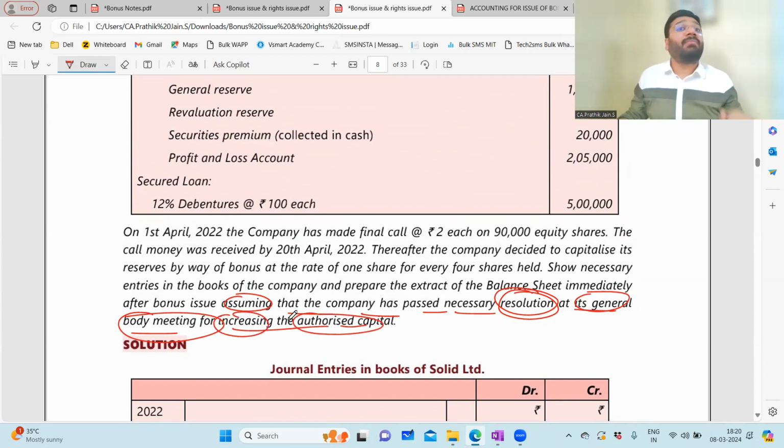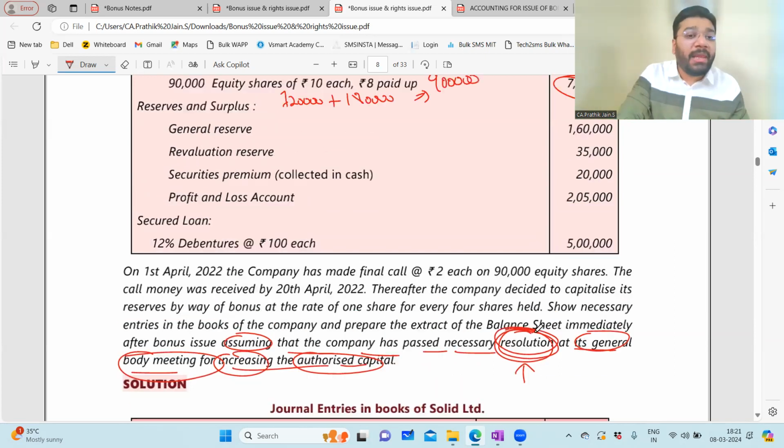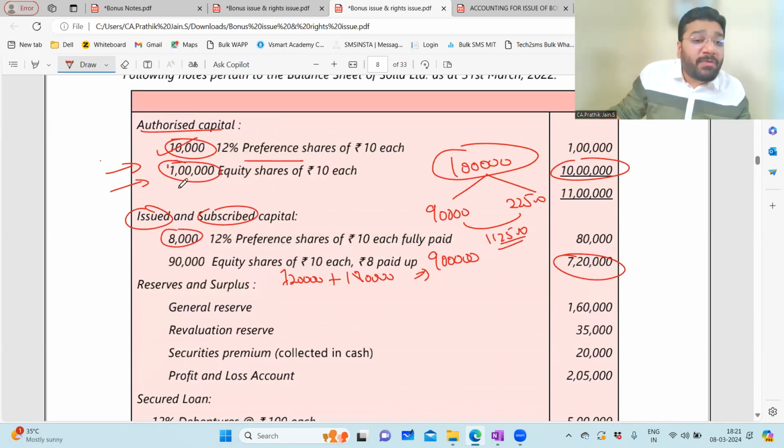Now, once that approval has come, what are they supposed to do? In the MOA, they have to amend the capital clause, and along with that amendment, they have to attach a copy of the resolution. What does a copy of the resolution mean? It is documentation, a proof that in the general meeting we all agreed to increase the shares. So when approval is given in the form of a resolution, this resolution copy and the amended MOA, you have to submit to whom? ROC. ROC will go through everything and give the green signal. Okay, go ahead. So once the ROC gives the approval, your authorized number of shares from 1 lakh will become